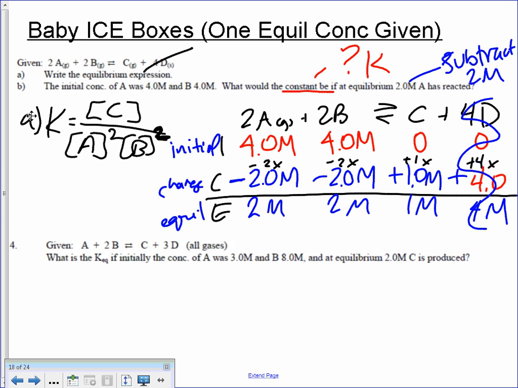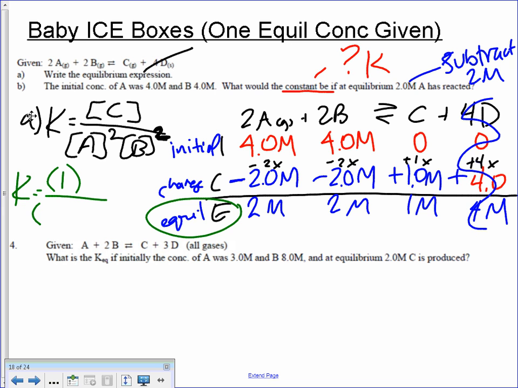Okay, so the information I have at equilibrium, concentrations, go in the equilibrium expression. So it took us a little longer, but we got our equilibrium numbers. We can plug them in here now. So K is equal to what goes on top? 1, because C's concentration goes in here. Now, I'm not even going to put the molarity because K is unitless. Over